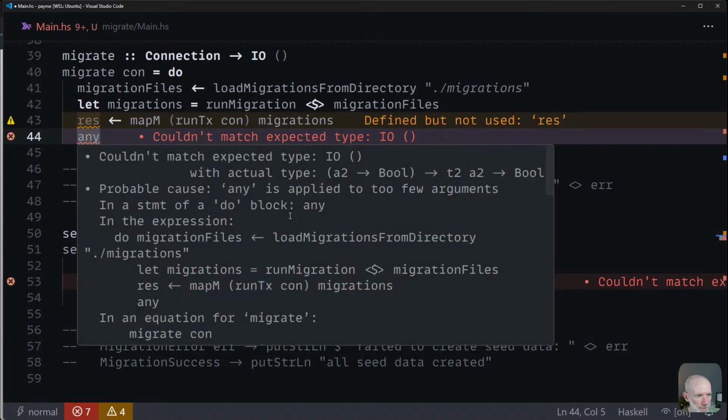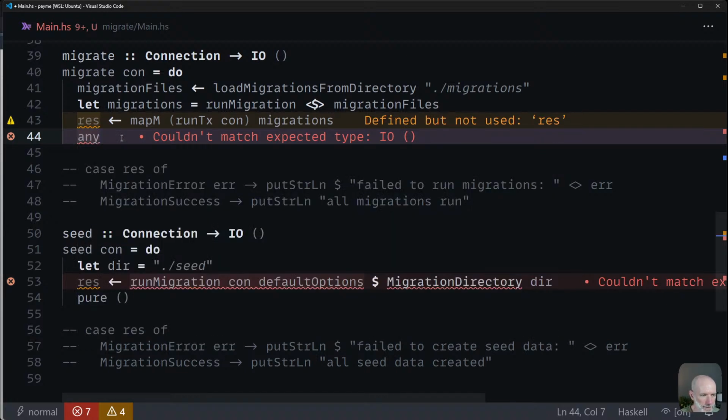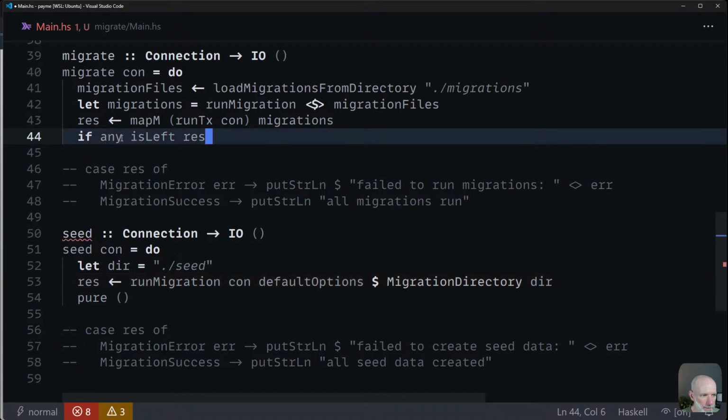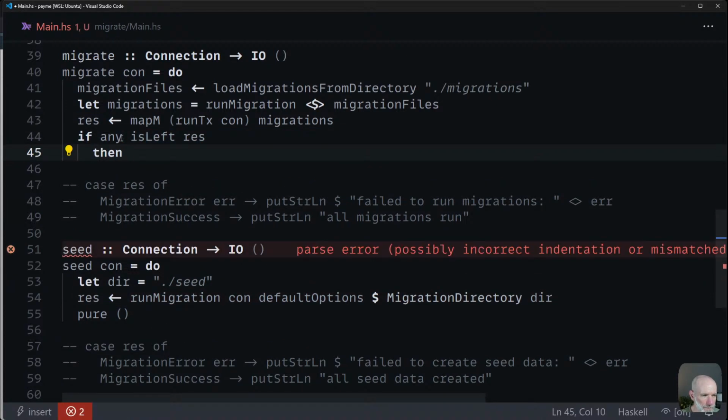Why does that jump down? Any. So we need a function and then a list. So the function is going to be isLeft, and the list is going to be this. It should give me back a boolean. So if that, then